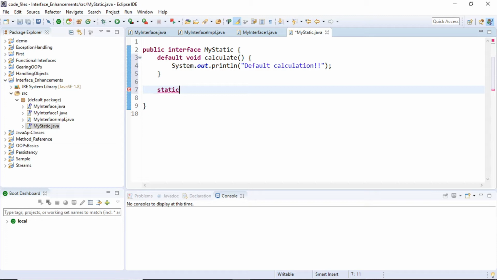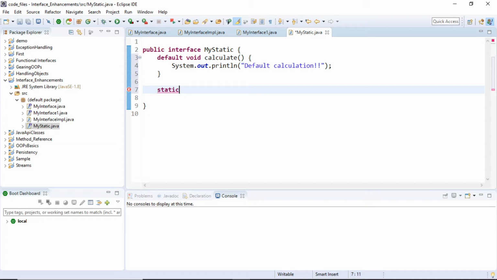So it's a similar concept, but earlier the traditional interfaces were able to give the facility of only declaring static members. There was no concept of static method implementation which can be shared across all the implementation classes.